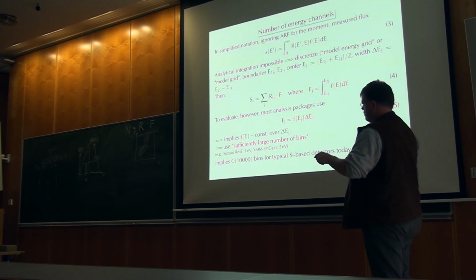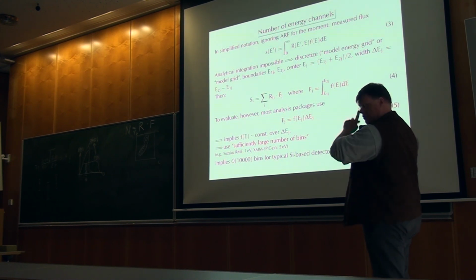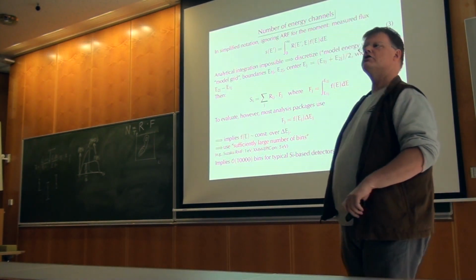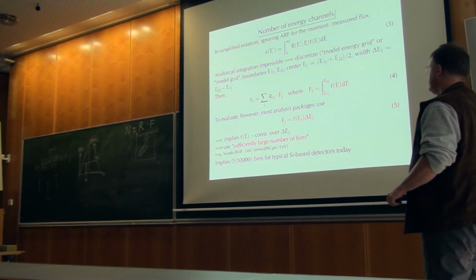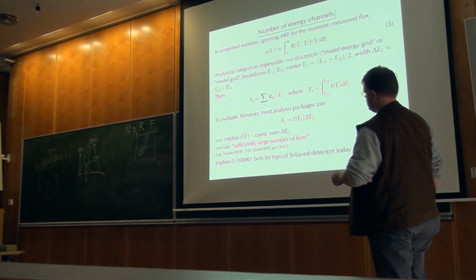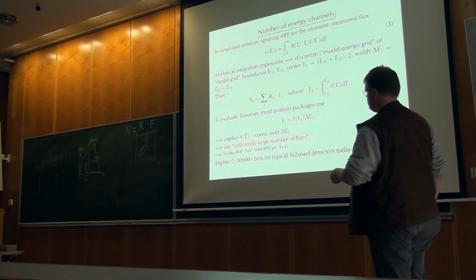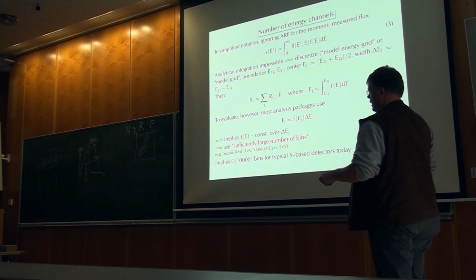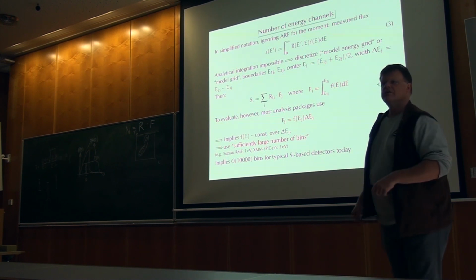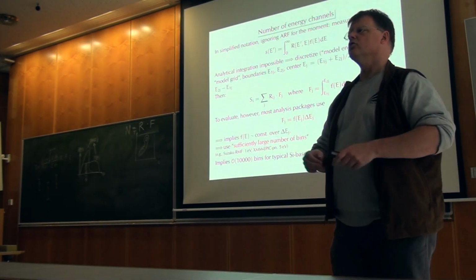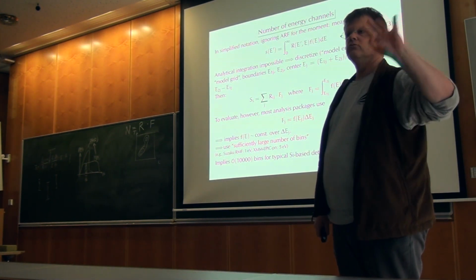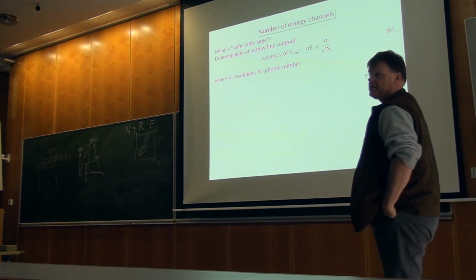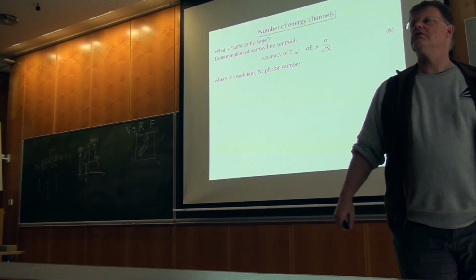So this implies roughly constant over the delta E. And in other words, this says use a sufficiently large number of bins such that you can describe things. I mentioned before, XMM decided 5 eV is enough, Suzaku decided 1 eV is what one should use. Out comes 10,000 bins roughly in the matrix, which on a good computer you can work with. But let's really think about what sufficiently large means in terms of